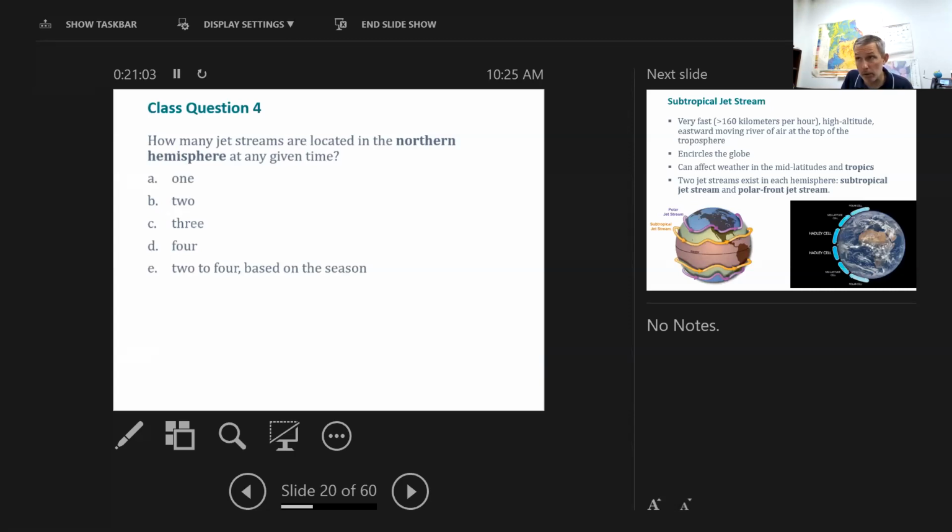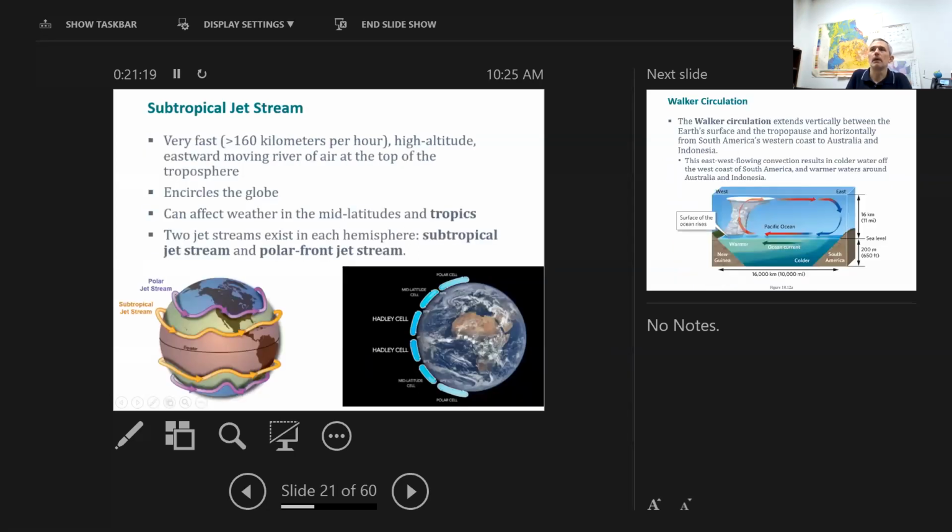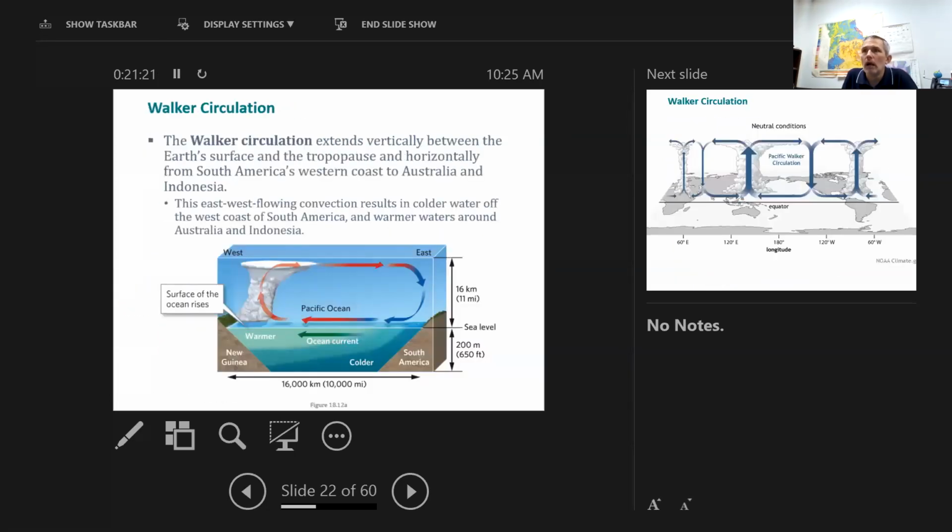So in the northern hemisphere, how many jet streams do we have? We have the subtropical jet stream and the polar jet stream. Again, right here and right here from a three-dimensional image here. So as the air is moving, causing those jet streams to occur, we're looking at the Hadley cell moving through the atmosphere,